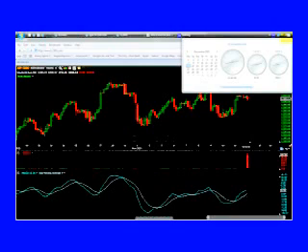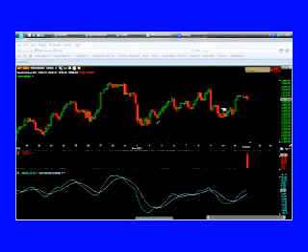It's now 15 minutes exactly since New York opened, almost 15 minutes. Okay, and we are looking at the S&P 500 on the hourly chart, using the standard MACD 12, 26, 9. You see here the MACD has crossed above the zero line. What I want to do now is sell this